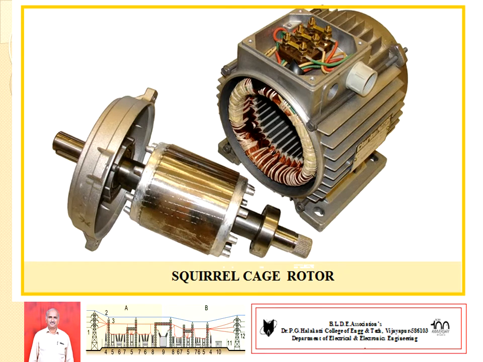Basically in a three-phase induction motor we have two types of rotors. Number one, squirrel cage type of rotor. Number two, wound rotor, that is slip ring type of rotor. Now in this diagram you can observe very clearly the stator bore, stator windings, stator slots, and stator outside diameter of the core. The stator core is made up of thin laminations to reduce the eddy current loss, that is the heating effect. Now we can observe the rotor.